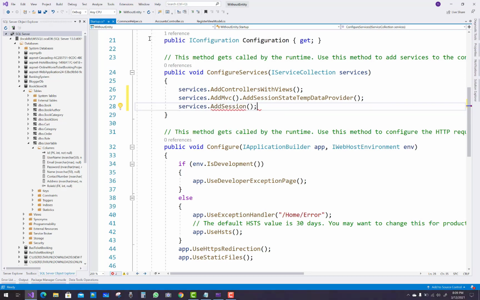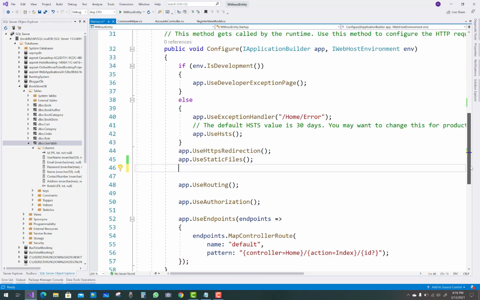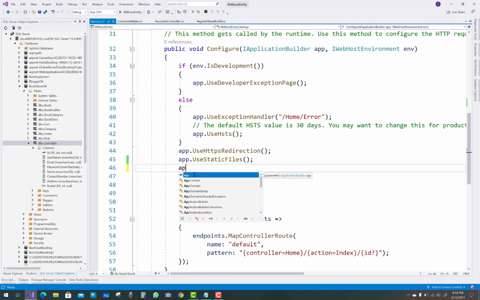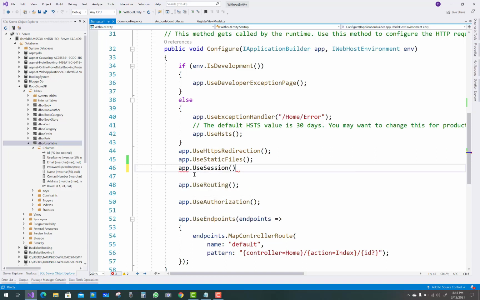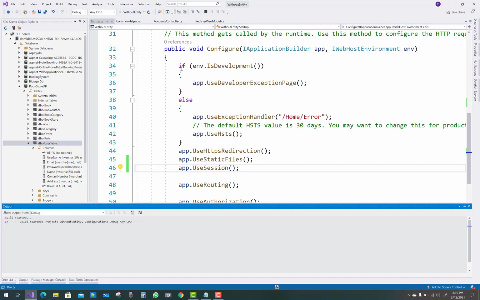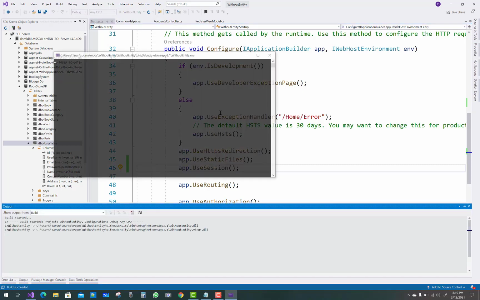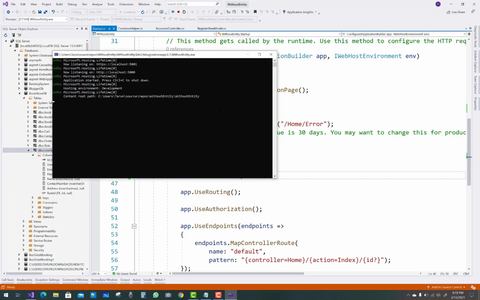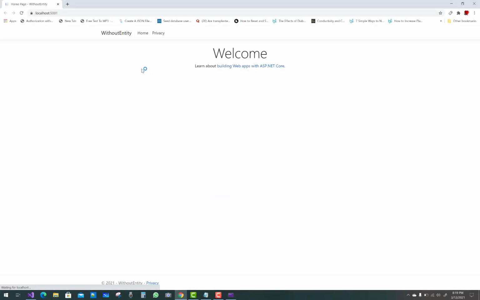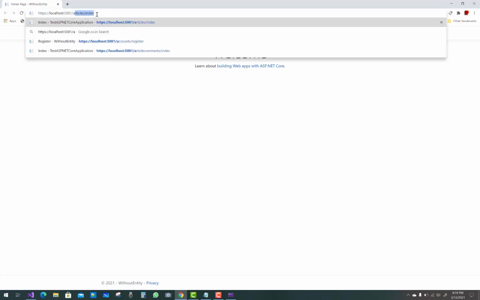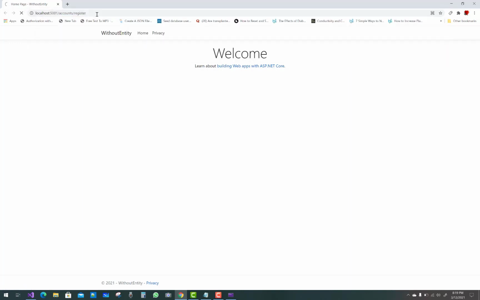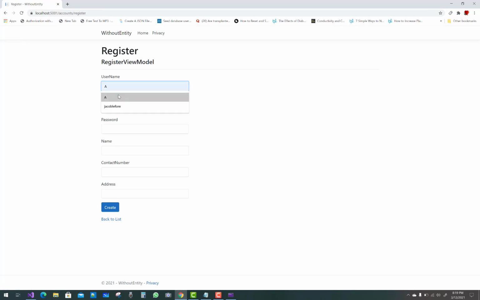After that you can add the pipelining: app.UseSession. Okay, it's pretty simple. Now after that you can run your project again, after registering your session value inside your page.